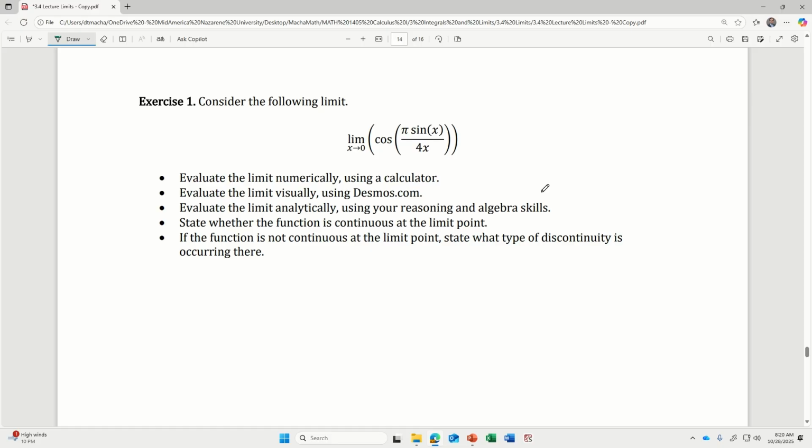There it is. The limit as x approaches 0 of cosine of pi times sine of x divided by 4x. Okay, forget about the numerical stuff. We're going to just think about this for a minute and talk about it. So we're concerned about this limit